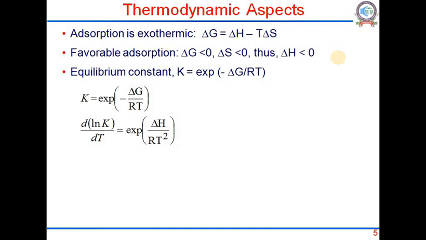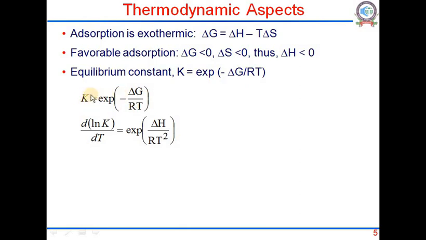So we would want to adsorb the solute onto the adsorbent at low temperatures, so you get a high equilibrium adsorption. Whereas when we want to regenerate, we would raise the temperature so that the equilibrium is shifted towards desorption. Also recall that the equilibrium constant you can relate to minus delta G by RT, and if you